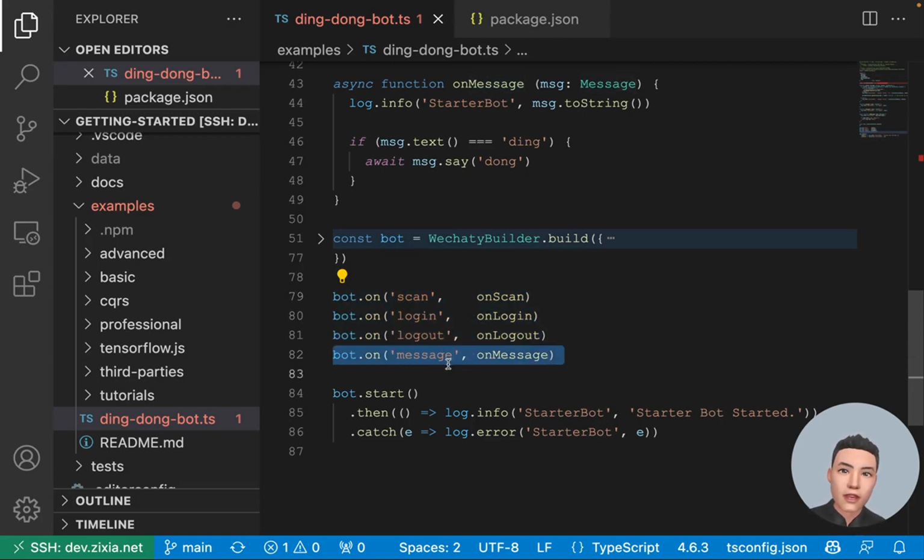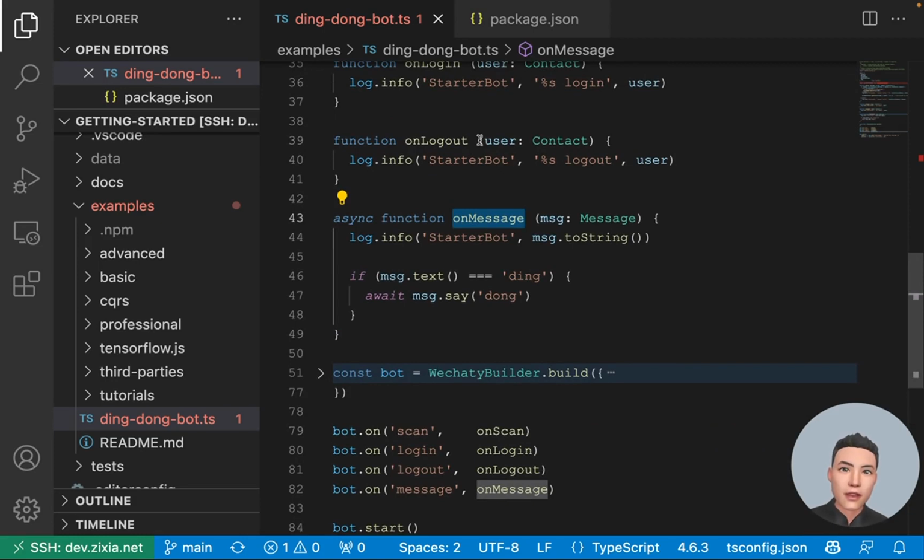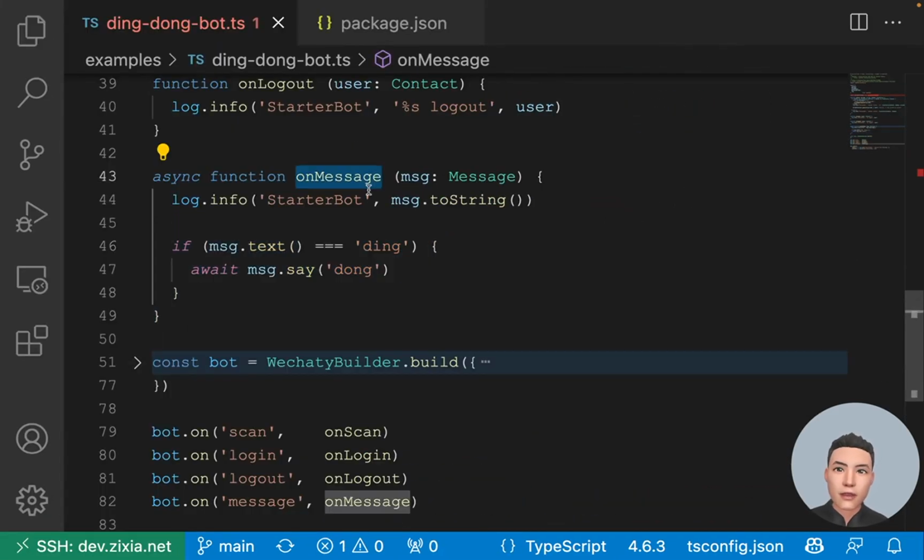The most important is here. If the bot has received any message, we will pass the message to this onMessage listener function, and the onMessage listener function is right here. The logic inside the onMessage function is very easy to understand and straightforward. If I receive a ding text message in WhatsApp, then the chatbot will respond with a dong message. So if you send a ding text message to our live demo group, then the bot will reply dong,